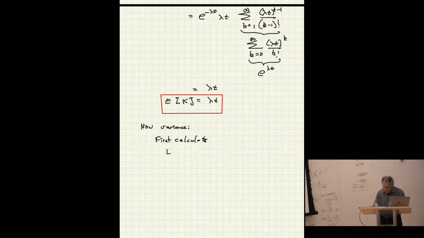I'm going to go after the expected value of k times k minus 1. And you probably suspect why I've done that. That's not quite the variance, but it's going to be useful for the variance. That's a summation of the random variable little k times little k minus 1 times the probability associated with that, which is pk of t,